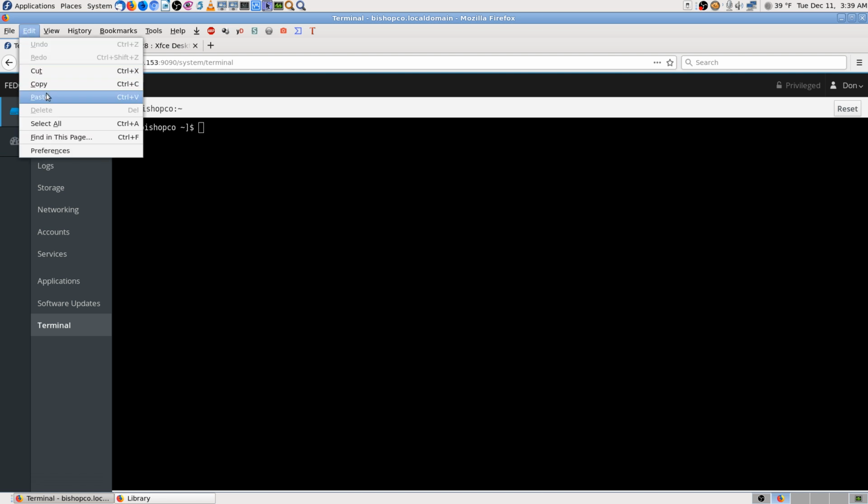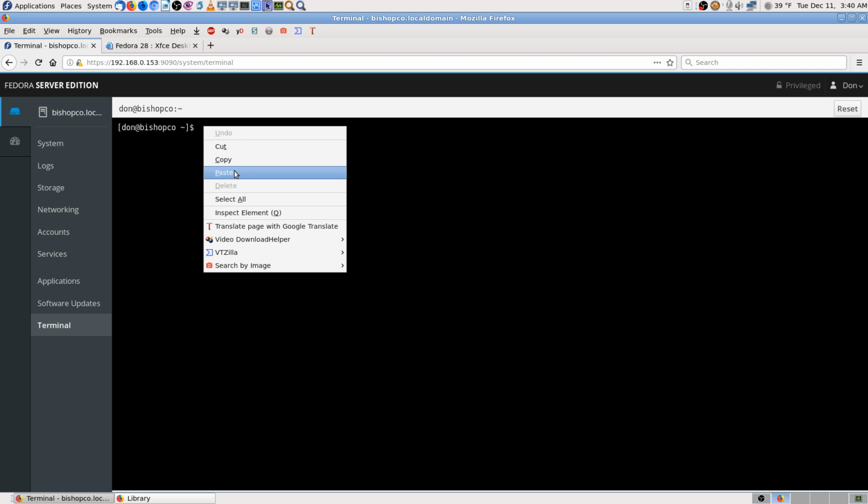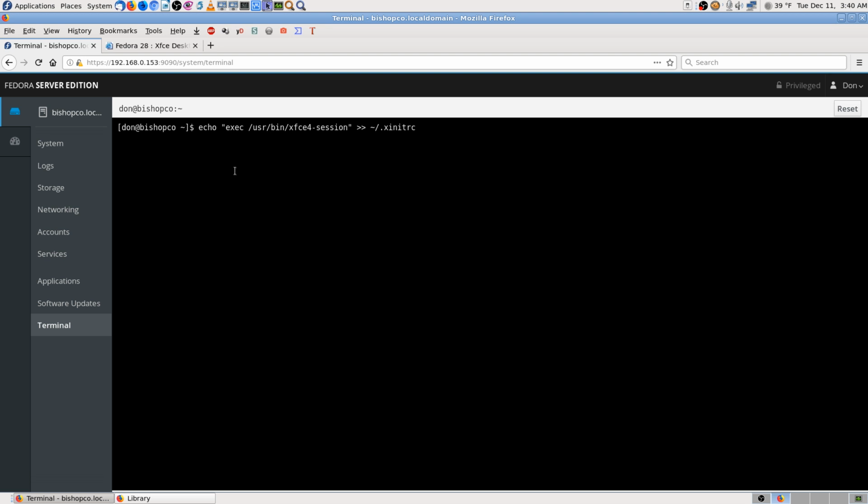Okay. I guess I didn't paste in the window yet. You've got to click in the window, and sometimes if you get lucky, you can just right click, and you want to make sure you don't have any extra spaces. Okay, that worked. Echo, execute user bin, so and so. That might be editing of this file. Okay, now